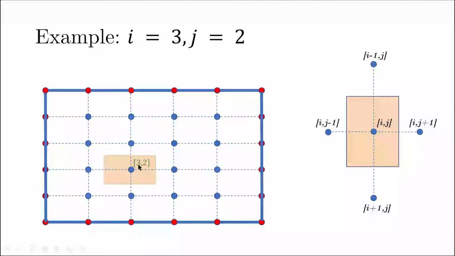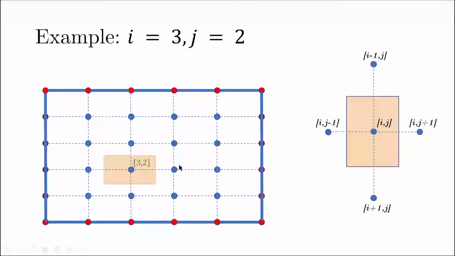Now I have obtained my I comma j, and in the finite volume computations we know that we only need the immediate neighbors. So I can now define the indexing for my neighboring points. If I call this particular point P, I'm now combining the Cartesian naming system and the indexing system. The neighbors are east, west, north and south, and it is very easy to see that the neighboring points E and W would have an index of 3 comma 3 and 3 comma 1, and similarly the north and south points would have an index of 2 comma 2 and 4 comma 2.